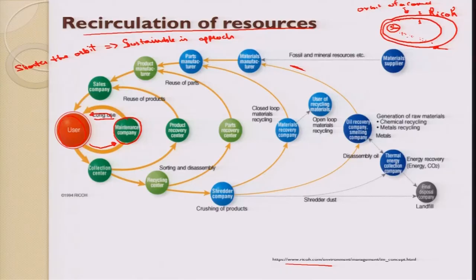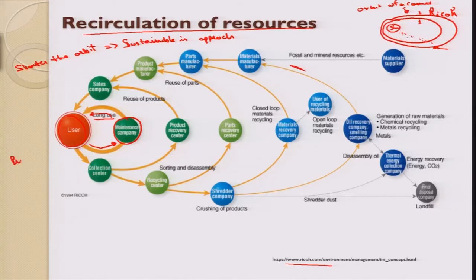Last is breakdown maintenance. What is breakdown maintenance? That means your product has come to a standstill. Your engine got jammed. I can even say, if your tire goes flat, that is a breakdown. Your car cannot move forward, so you have to stop there. You have to get the stepney changed. That is a kind of breakdown maintenance. Or your engine gets jammed, your car completely stops over there. You have to get it repaired and then move forward.